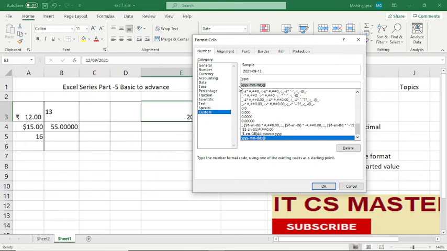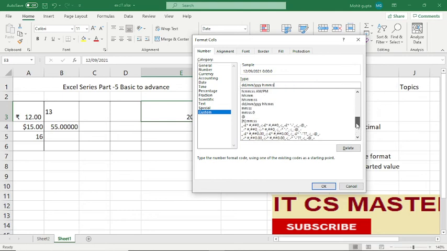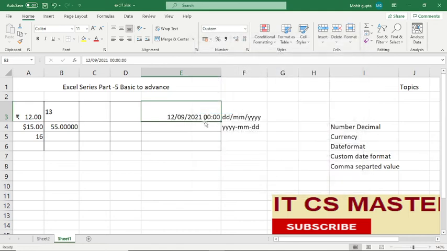Suppose I select DDMMYY, then hour, then minute. Sorry, hour and minute. Okay, and then I select OK. Here you can see the date time format is also showing.